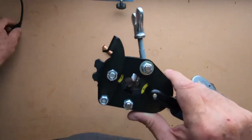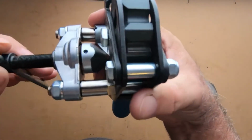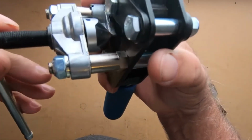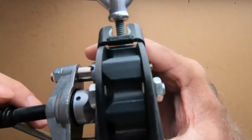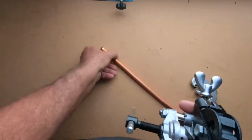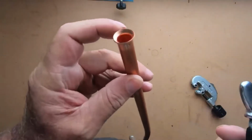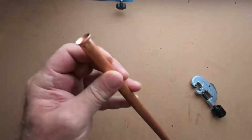And what this does, if you look at this right here, which is really nice, see these bumps? I'm pretty sure you can see those. Okay, what that does, it actually smooths out and helps from cracking the flare. So you can actually crack these pretty easily and not even know it, which is going to cost you a whole lot more once you do that and have to pay for another line. Another cool thing is,